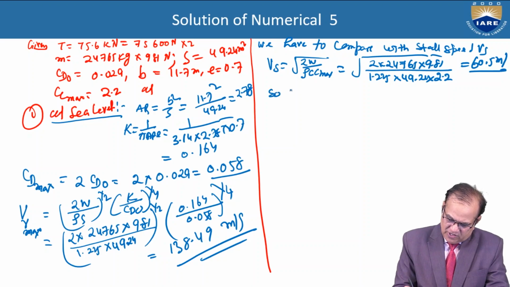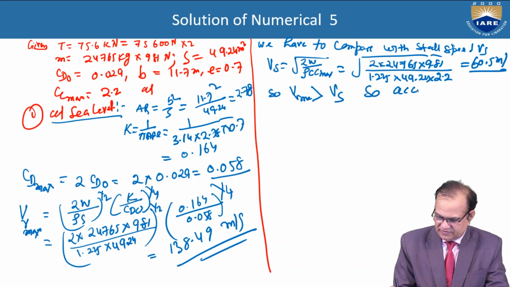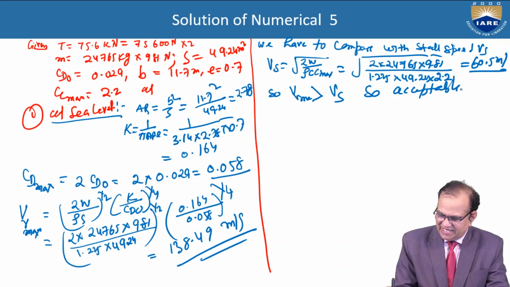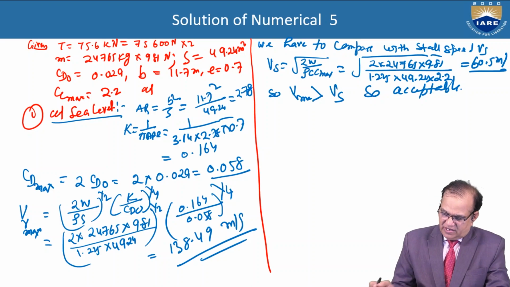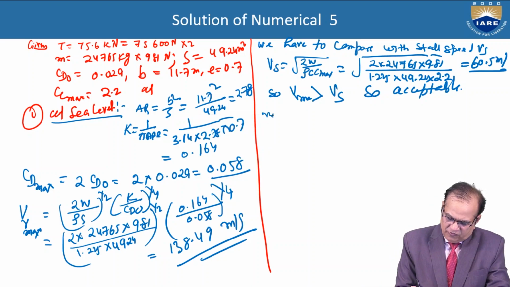So V gamma max is greater than Vs, so acceptable. Your design is acceptable. So now the minimum drag we have to find out. Minimum drag,